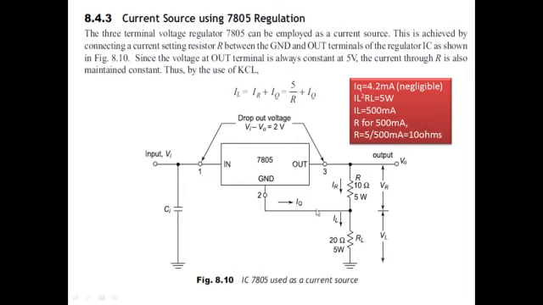The quiescent current is the current that flows because of the transistors present in the 7805 IC. This current is very negligible, about 4.2 milliamperes, so it could be neglected. In that case, your IL will be equal to IR. You can take IL equal to IR directly. So now I have to determine my IL so that I can know my IR. When I know my IR, I can know what resistance is to be put in the circuit.